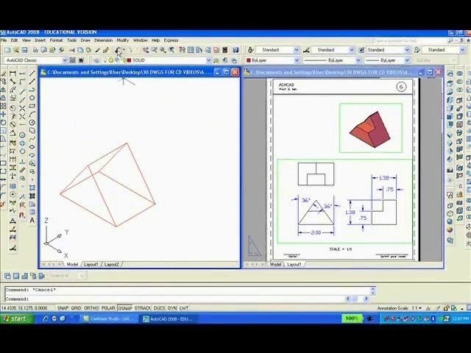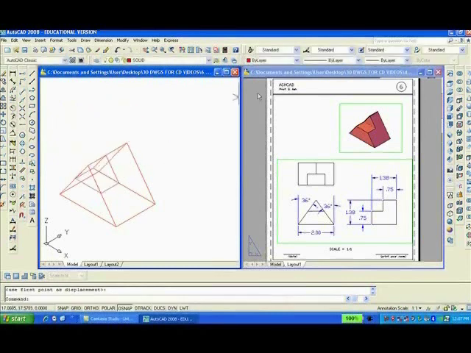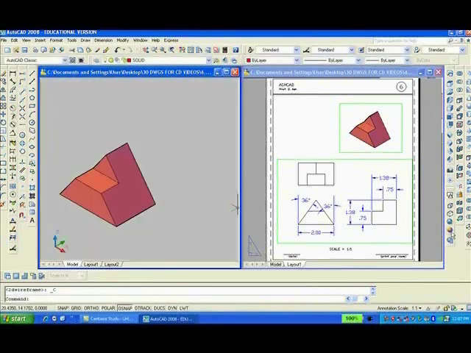I want to move that block from that point to that point. Then I want to subtract from the big block, enter, the small block, enter, and see if it's right, so I'll shade it. It looks okay, so I'll Z, enter, E, enter,